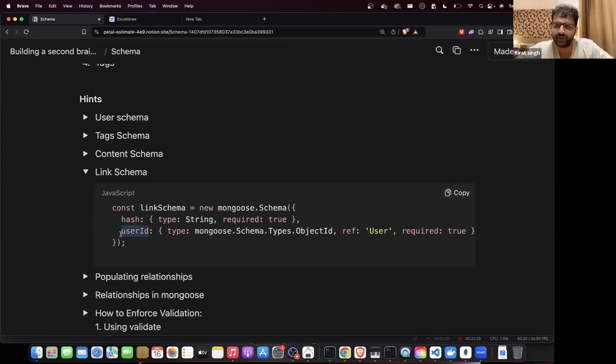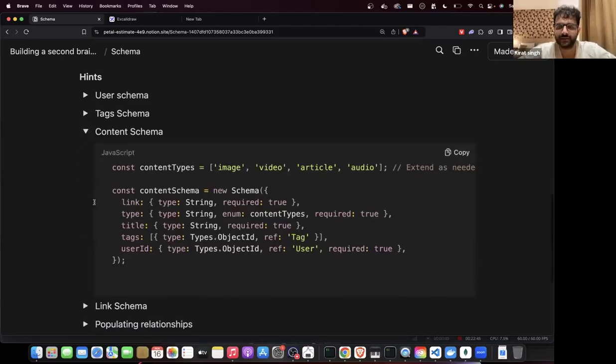इसका फायदा क्या है, will come to eventually. Why is this beneficial? Why can I not simply say object ID, हरकीरत? Why do I have to create a relationship? Will come to it very soon, when we are populating relationships, में इसका आंसर मिल जाएगा. But this is a good idea to specify relationships. You don't have to specify relationships. इसके बिना भी काम चल जाएगा. You don't have to do this. But अगर ये कर दोगे तो एक छोटी सी हेल्प हो जाती है. We'll see what that helps.